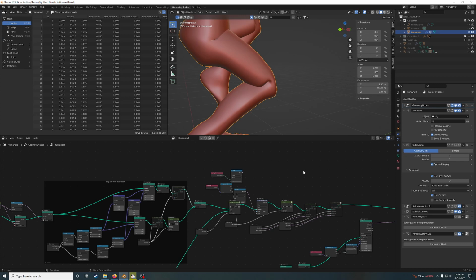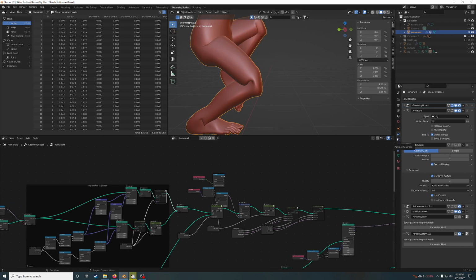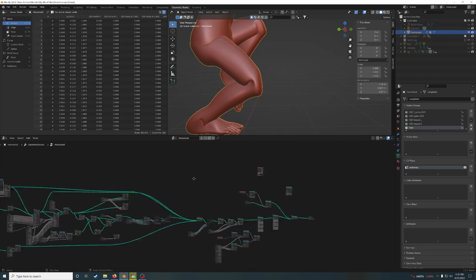So, I've been working on my fully procedural 3D model, and I'm at the point where I'm starting to rig it. The rigging is very manual, but luckily I was able to figure out a way of transferring vertex groups to the procedural model. The way I did that is,